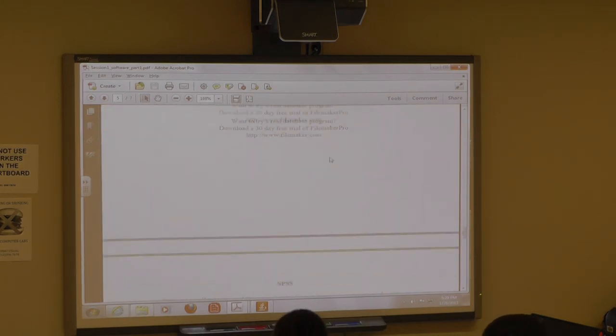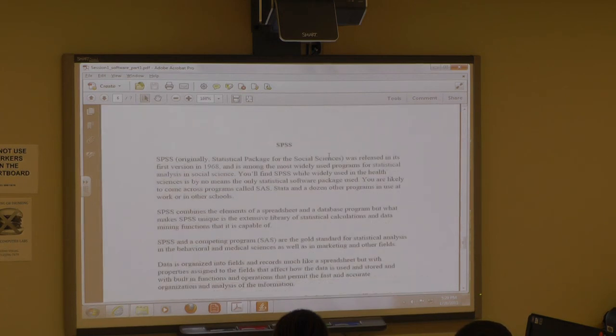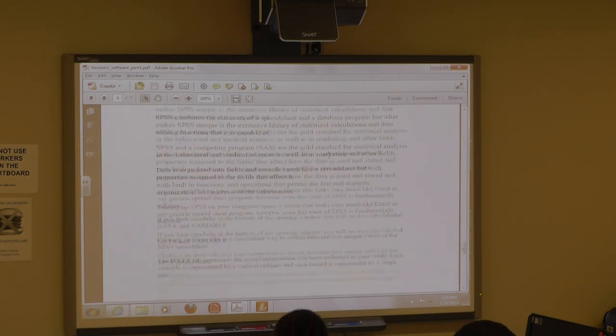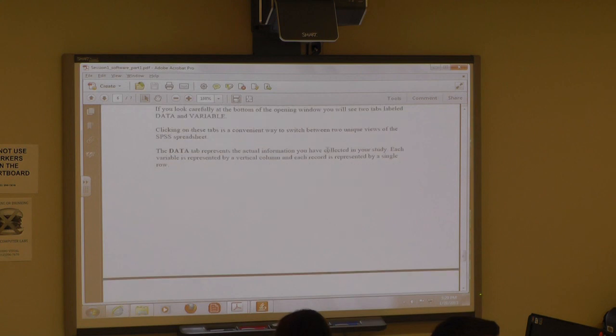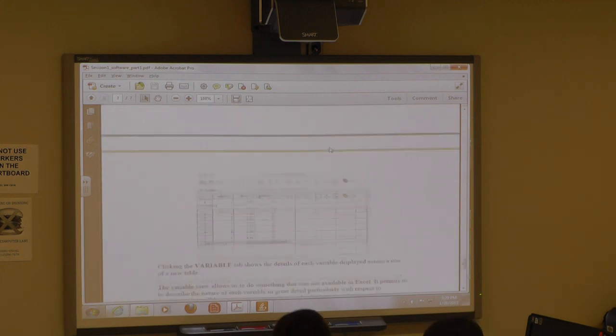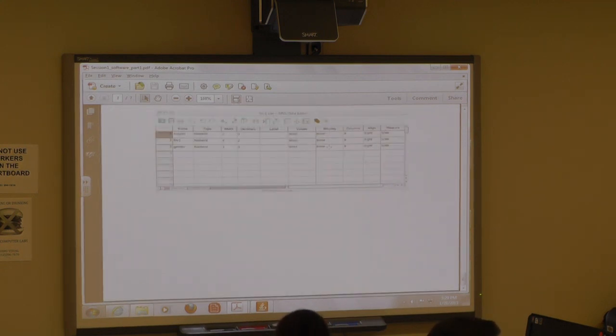Okay, you can go through this PDF file. You can actually sit there and read what I've written here, if you have nothing to do and you're bored. But I'm going to give you the basics of it. Okay, we're going to actually open a couple of things now and play with them a little bit.